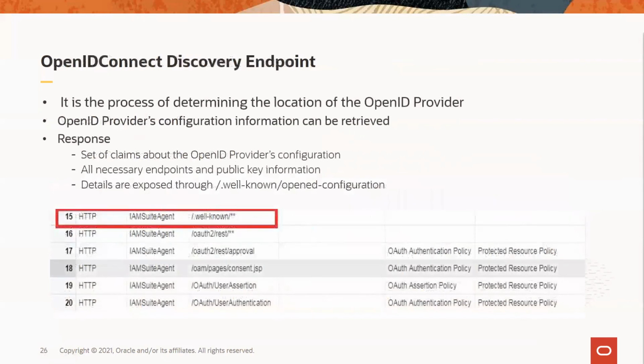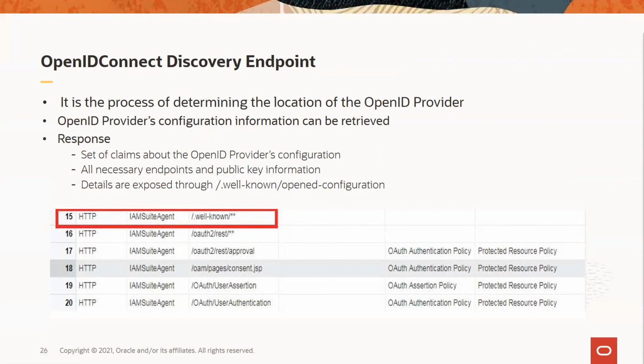Then moving further, we have the OpenID Connect discovery endpoint. Basically, this discovery endpoint is used as a process in determining the location of the OpenID provider. This is a configuration needed in the IAM suite agent, as an unprotected resource, the well-known resource here.